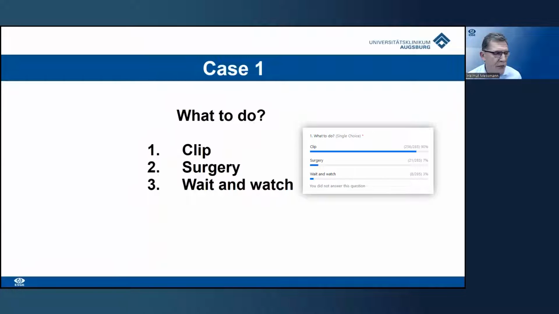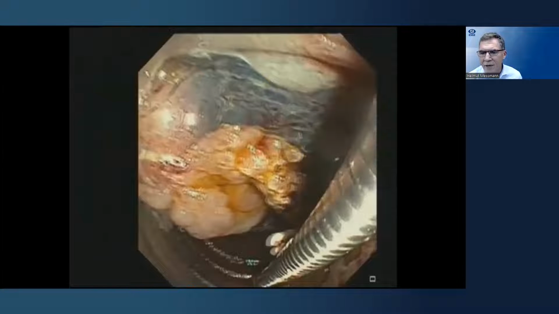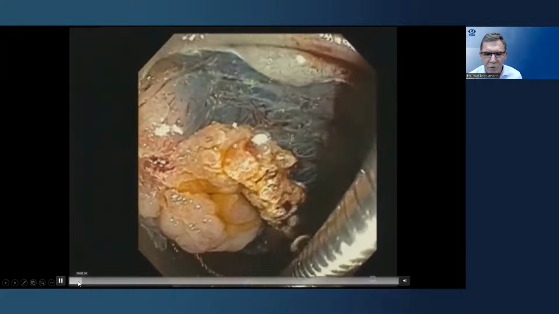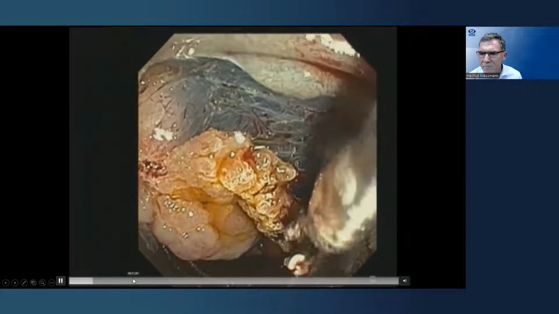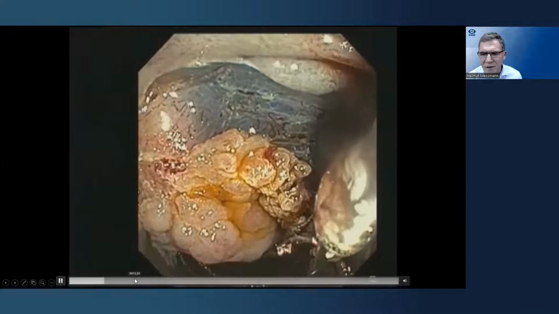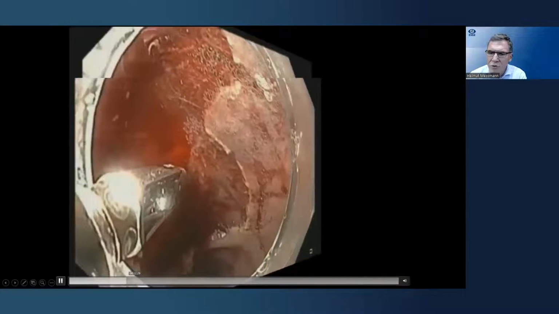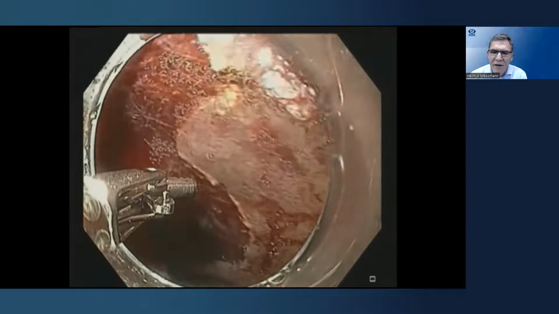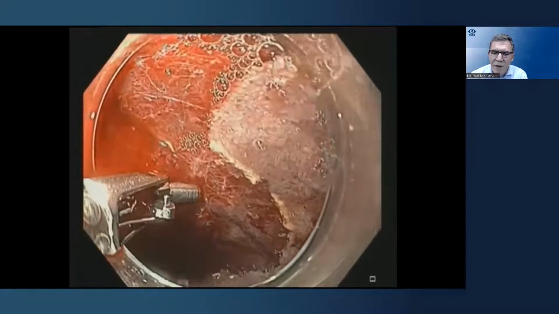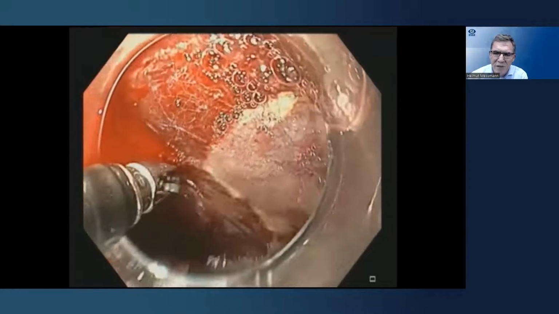So the majority, 90%, would clip, surgery 7%, and wait and watch 3%. Right? Yeah, indeed, we started to close the defect with clips, which is quite difficult, as you can see, using a duodenoscope. And then the bleeding was more severe, and I had to use now a gastroscope with a